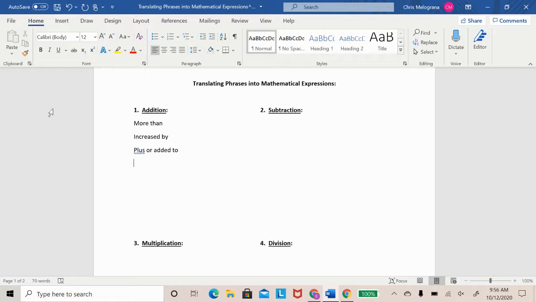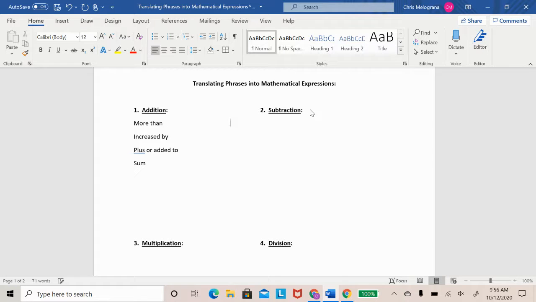If you added two numbers, the result is called the sum. So if you ever see that, if it says, all right, the sum of two numbers is 10, well, you know when you add the two numbers, it has to equal 10. All right, now if I just go to subtraction,